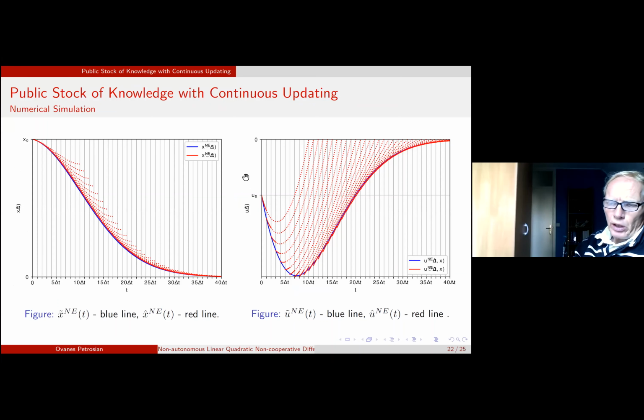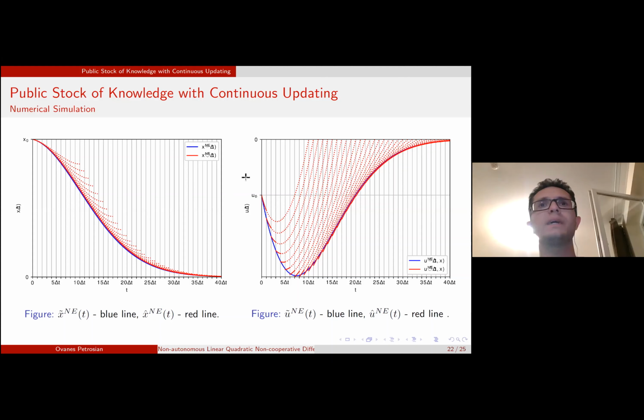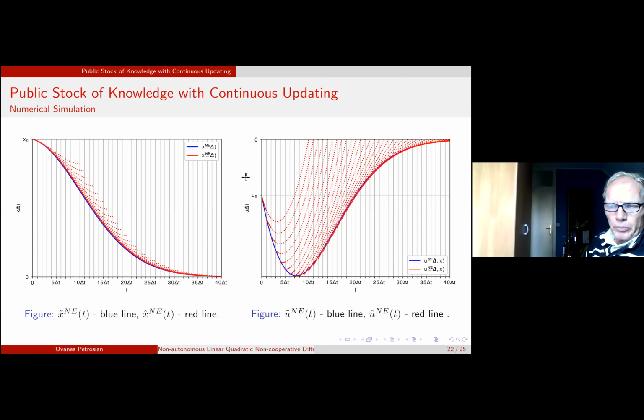Ovanes. Yeah. I recall that Bram van den Broek did also something on moving horizon control in dynamic games. That was in the Journal of Economic Dynamics and Control in 2002. So maybe you could have a look at that. Okay, thank you. Was it dynamic or differential? Dynamic. Moving horizon control in dynamic games. But it was also in a continuous time setting.